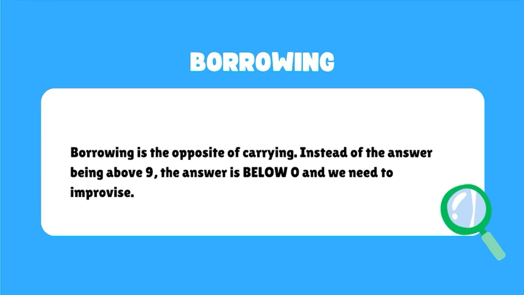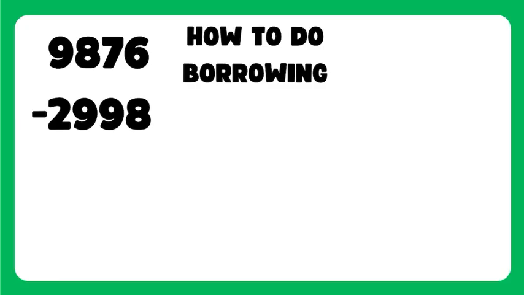You can't have a negative number as one of the digits, so we have to improvise for this. This can't really be explained. I will have to show you with an example. So I will be showing you 2 examples for borrowing. This is the first one. So we have 9,876 minus